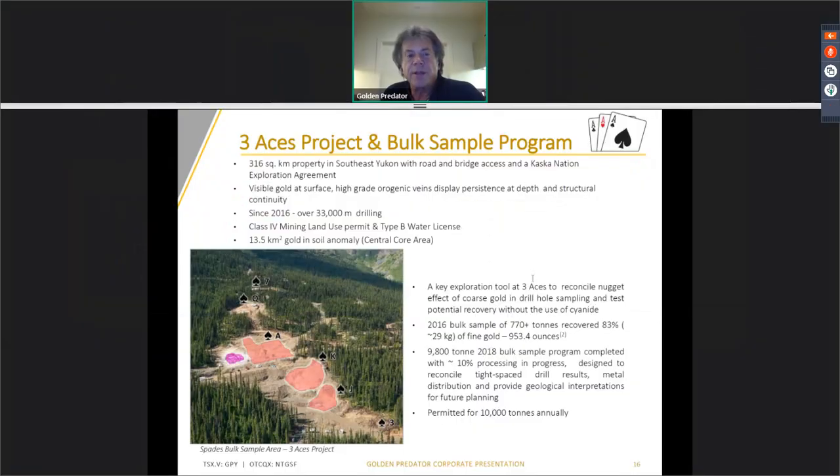Most of the news flow over the last 2 or 3 years. We've delineated in excess of 20 kilometers of linear strike on several of these orogenic veins. There's 4 principal veins in the central core area. You can see one of those exposed in the picture in your lower left. And the area from the 3 of spades to the 7 of spades is right at a kilometer of strike